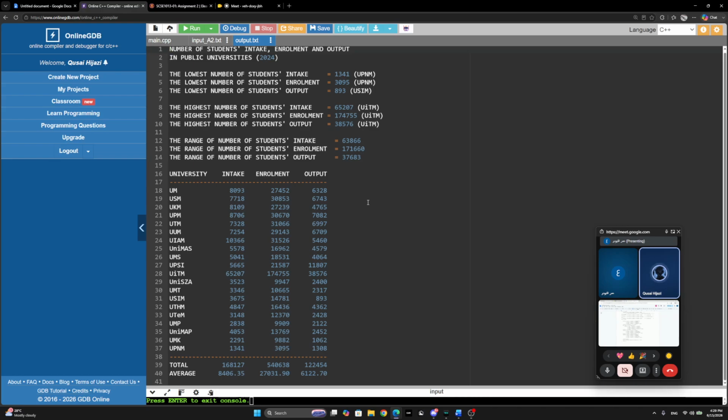At the top, we have the title, followed by the lowest and the highest values for each category, along with the university names in brackets. For example, the lowest intake is 1,341 students from UPNM, and the highest intake is 65,207 students from UITM. The range is 63,866. Below that is the full data table with a total row showing the sum,